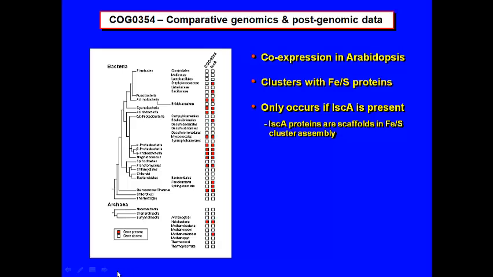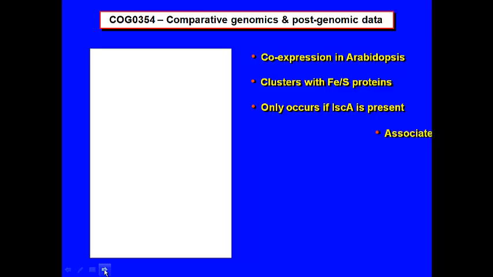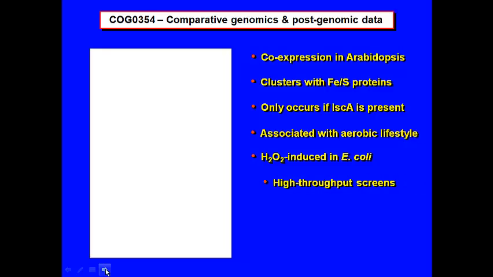Our protein, if you look at the genomes in which it occurs, it's very common in aerobic organisms, very uncommon in anaerobic organisms, which starts to say connection with oxygen, and strengthening that connection, it's induced by oxidative stress in E. coli. And high throughput screens, essentiality and phenomics, tell us it's an essential gene in some bacteria, and luckily an important but not absolutely essential gene in E. coli, where if you knock it out you get slow growth, and in yeast you get a petite phenotype.